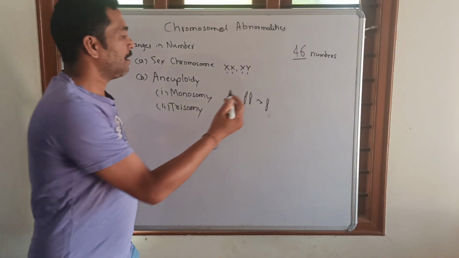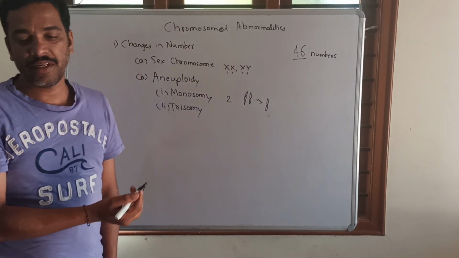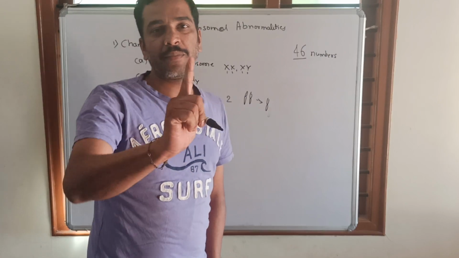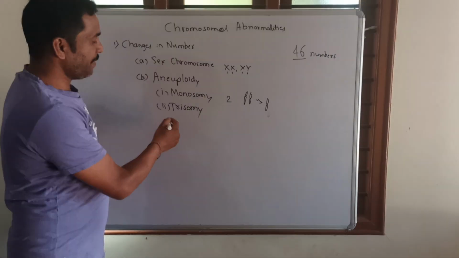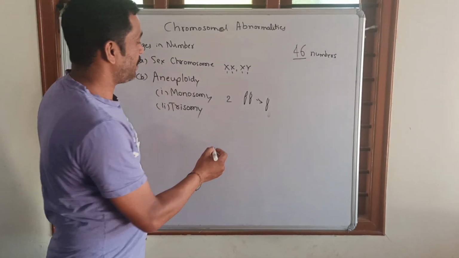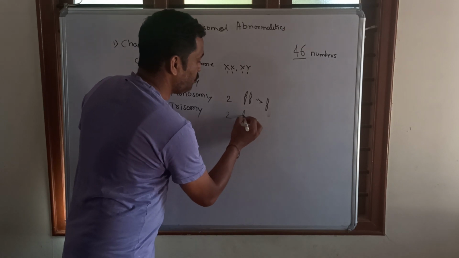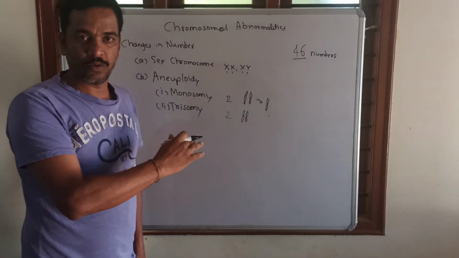So that number got deleted, that is monosomy. Mono is nothing but single, one. Similarly, trisomy is there. In trisomy, instead of getting a pair of chromosomes,